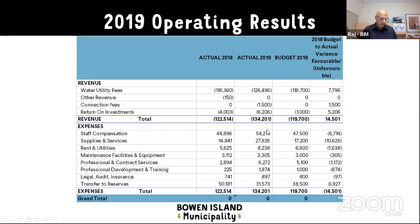So if you exclude the transfer to reserves, the operating expenses were 102,600. The budget for those expenses was 81,200. So the expenses for Tunstall Bay were 21,400 unfavorable to variance, or higher than budgeted. The budget variance essentially came primarily from spending on supplies and services, which exceeded the budget due to additional waterworks